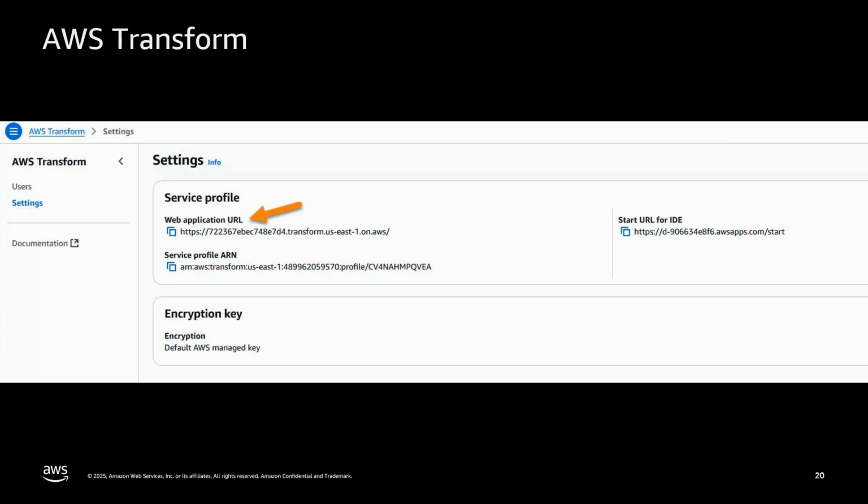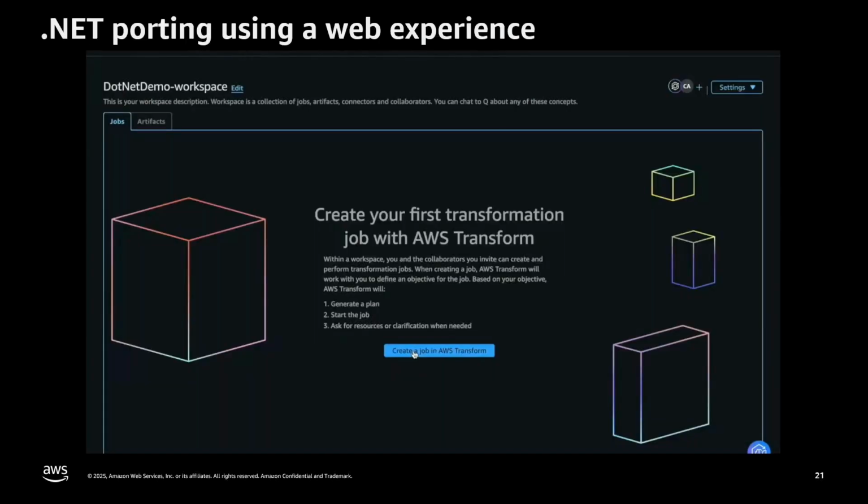So you can copy this URL, put it into your browser window, and you will start with one of the workspaces in which you will start working. Now think of a workspace as a container. It's a collection of transformation jobs that you will create. It is going to have artifacts which are used by those jobs, and also connectors.